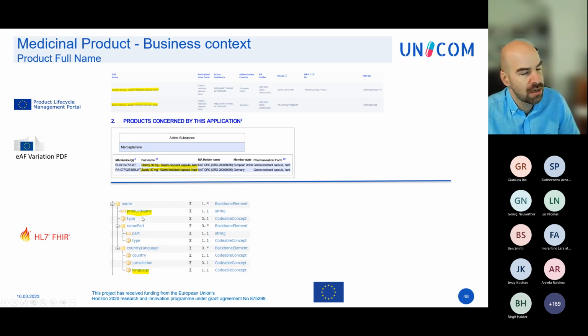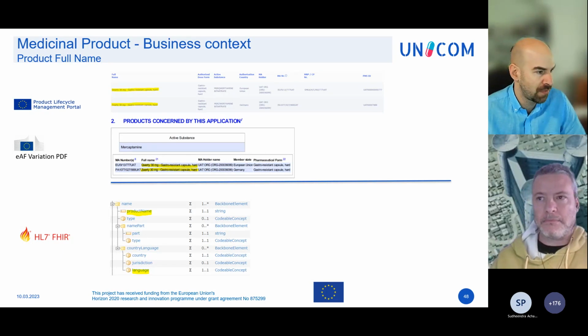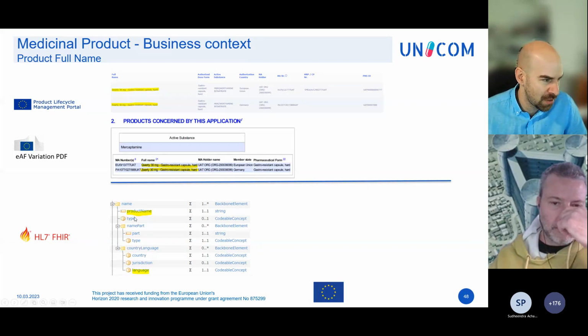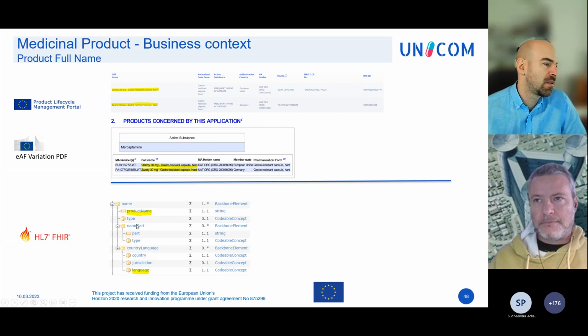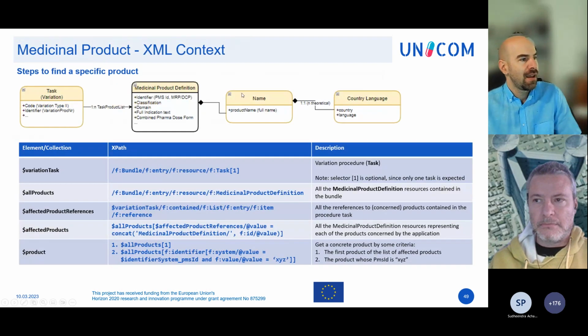FHIR is larger than what we need. So you can get lost a little bit. You have to ignore quite a lot of elements. We are also talking to FDA and to other health organizations. They are all using FHIR. Even Apple does and Microsoft does. Your iPhone can read FHIR. That's why it contains attributes that we may not need. And that's an example of it. It has the language that we do use, but we're only using the language in our case. The name parts, as I said before, we are ignoring for now.